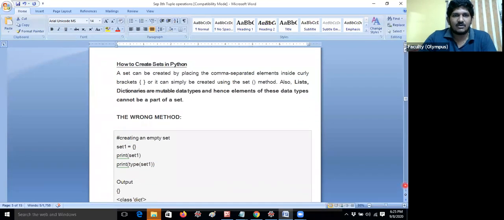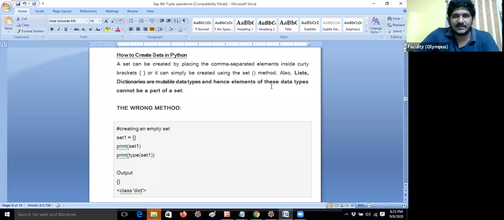Okay, so how to create sets in Python? What is the way to create a set in Python? Like we have the tuple constructor, we have a set constructor also. If you simply use curly braces and list the elements, that should be fine. If you would like to create it explicitly, you can use the set constructor. Also lists and dictionaries. Till now we did not cover this topic. This is also one of the data types. Maybe next class I will cover the dictionaries topic.